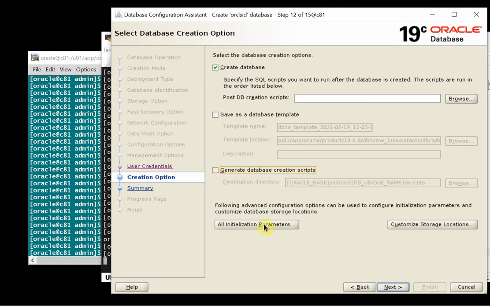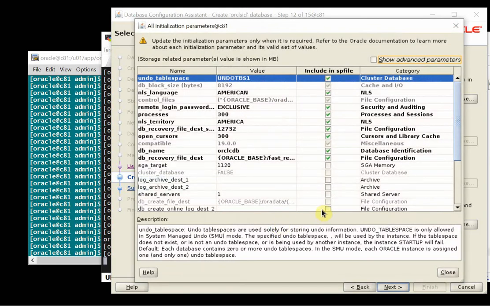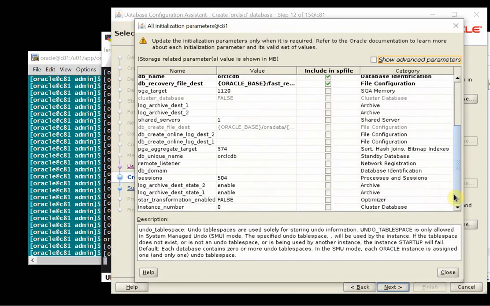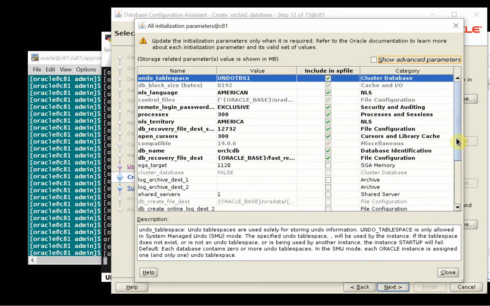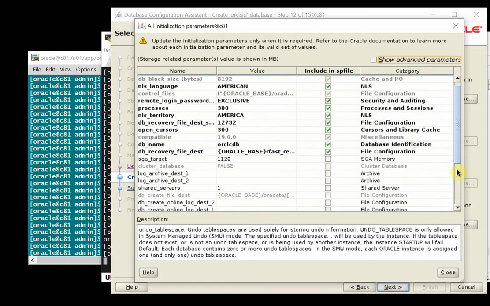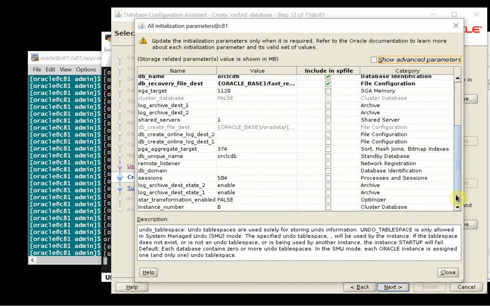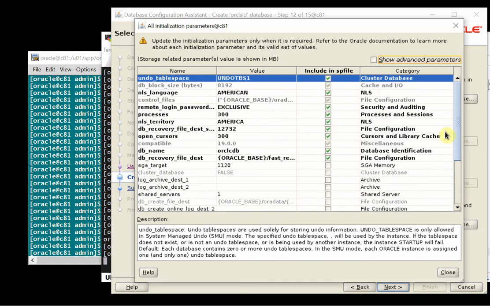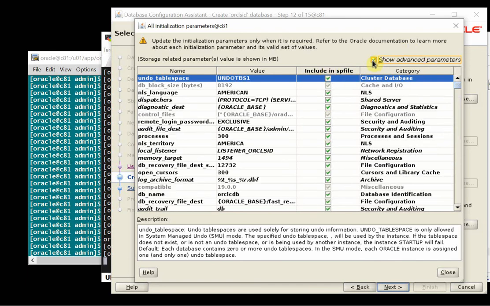And here is what I'm going to change. The parameters in the init.ora file. What we're going to do is modify the DB unique name. Okay, so let's go to show advanced parameters,